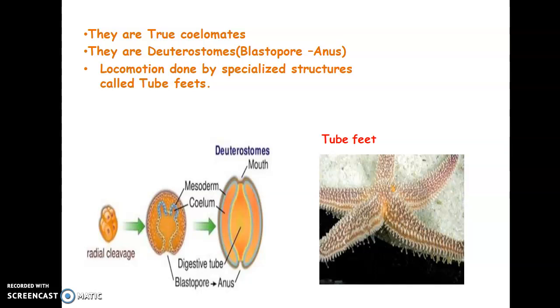And they are called deuterostomes. This is the condition of deuterostomy. Deuterostomy is a condition in which the blastopore, the small opening formed during the embryonic stage of an organism, becomes the anus. Such organisms are commonly known as deuterostomes. What is the opposite condition? Protostome. That means if the blastopore becomes a mouth instead of an anus, those organisms are called protostomes.